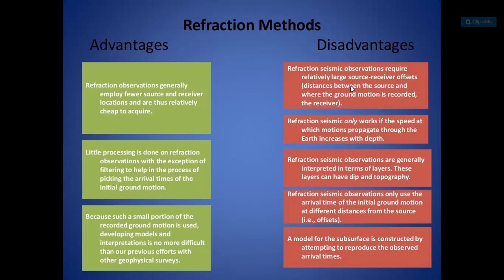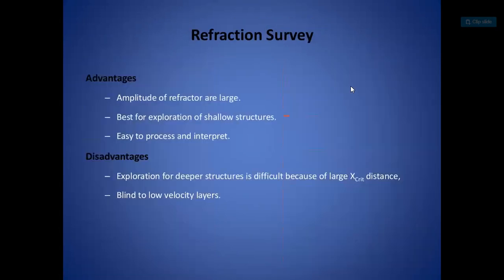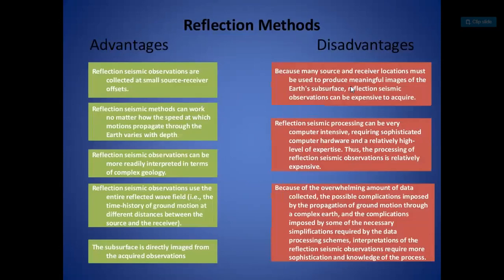Refraction seismic observations only use the arrival time of the initial ground motion at different distances from the source. A model for the subsurface is constructed by attempting to reproduce the observed arrival times. So, refraction survey advantages: amplitudes of refraction are large, best for exploration of shallow structures, easy to process and interpret. Disadvantages: exploration for deeper structures is difficult because of large offset distances, blind to low velocity layers, and